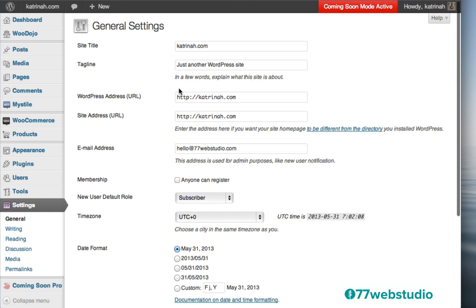And here we are on the general settings page. So notice that when you first install WordPress by default, the tagline is always just another WordPress website, which is really not a good tagline for anyone. So at minimum, I would suggest that you at least just delete that altogether. However, I would like to add a tagline, so I'm going to keep my site title like that.